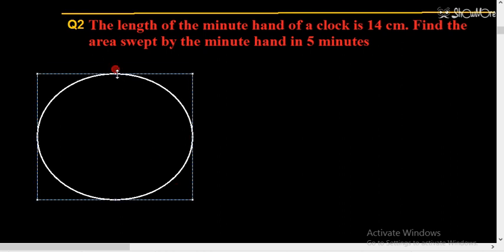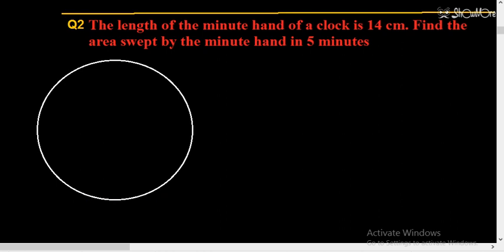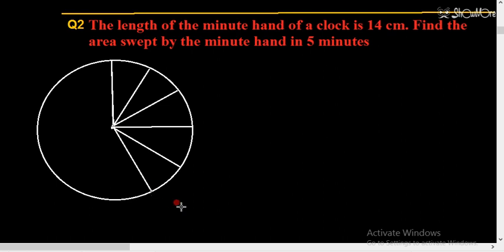So this is a clock, you can assume it as a clock. So this is my minute hand. Let's assume this is the center part, and from this center part this is the minute hand. Let's assume it is at 12. In the beginning it is at 12, and its radius is 14 centimeter. Then it will be at 1, then at 2, then at 3, then at 4. In this way it is covering the distance of 5.